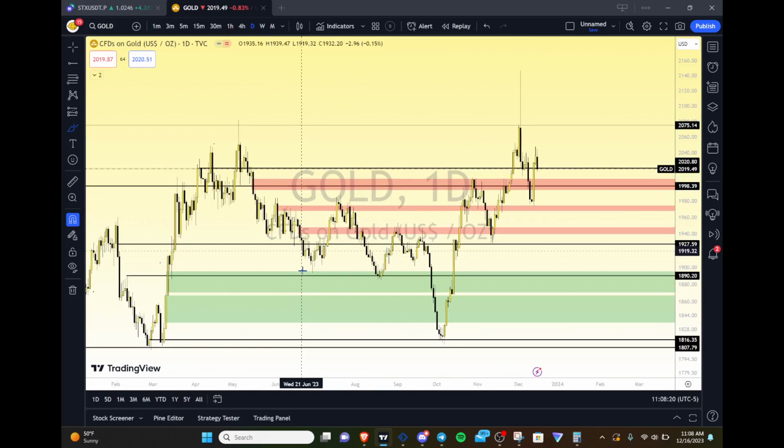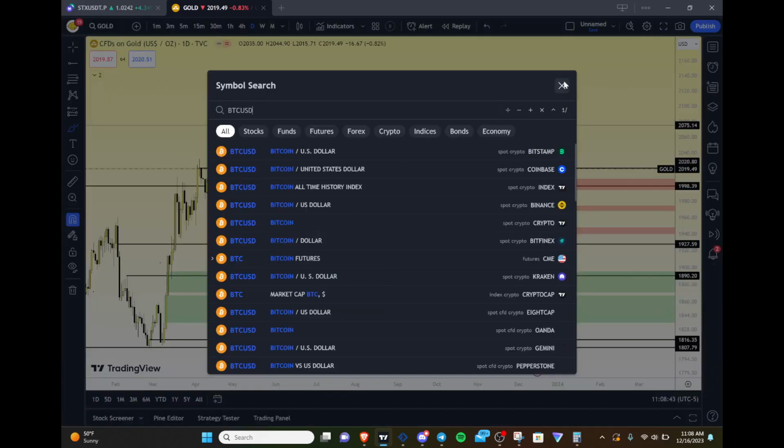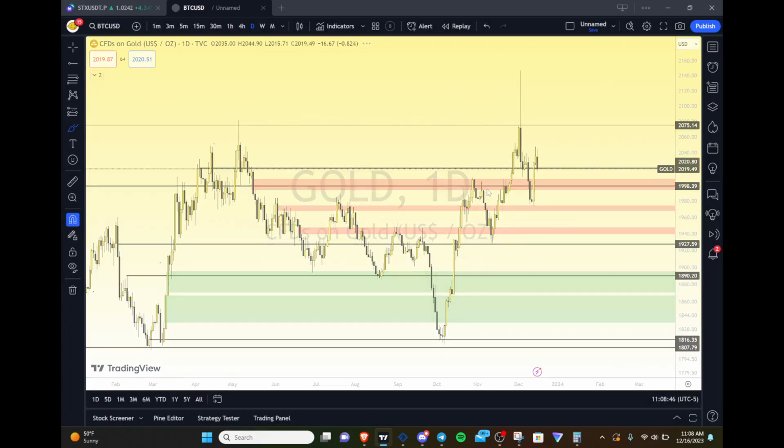Now, let's just say it turns out being bearish. Well, that could get very interesting if the Dow starts to paint the same situation and the S&P fails to take the high. Because if that's the case, then we may be seeing something similar to what Bitcoin did when it made its high around 69,000. I think Bitcoin made a high around, what was it, like 60,000. Let's actually pull up the Bitcoin chart real quick, and then we'll go back to gold and silver, I promise. But let's take a look at this.